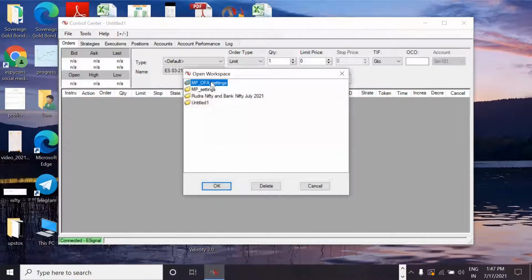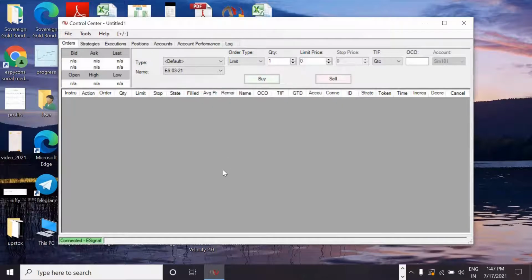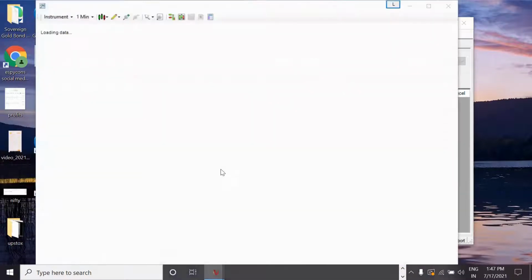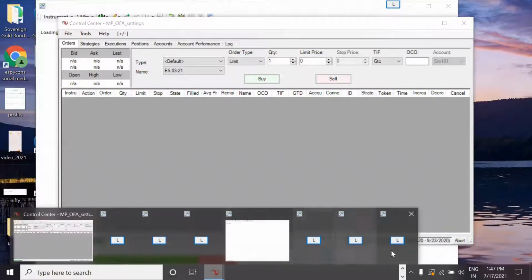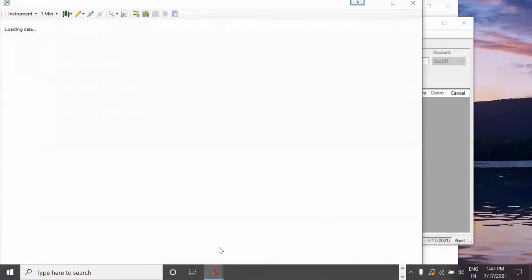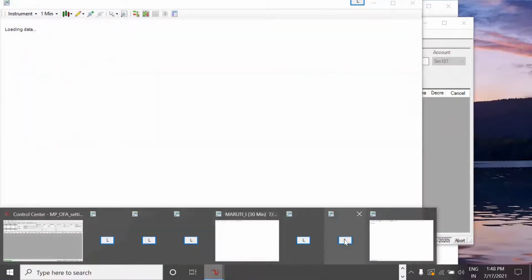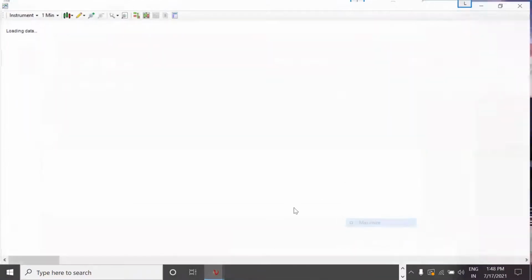Now I'm clicking on this workspace and double clicking OK. Now, if you see here, all the data is getting loaded. Whatever we have saved earlier, we should be able to view. Let's see whether it opens or not.